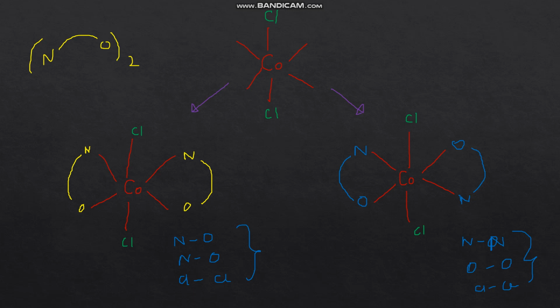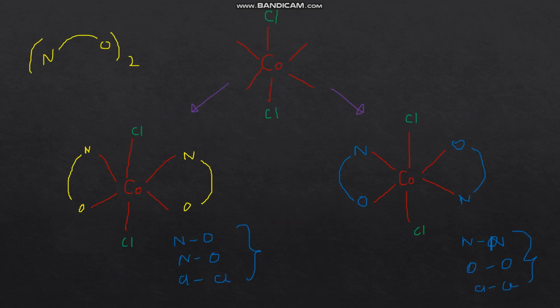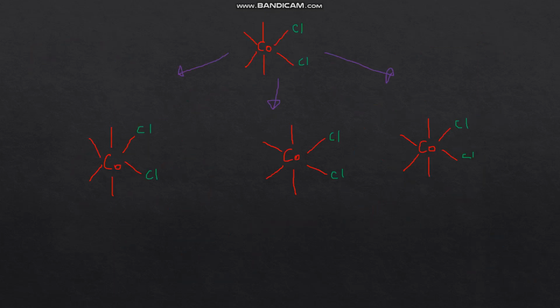Always you have to look for opposite pairs. Now we have considered the trans isomer, that is when your chlorine is aligned at trans position. We found out that there are two possible geometrical isomers for the trans position. Now we have to look for the cis position. So let's see how many geometrical isomers are possible for the cis position. This is your cis position. Now we have to align your NO molecules such that the opposite pairs are different. So if I write N here and O here,